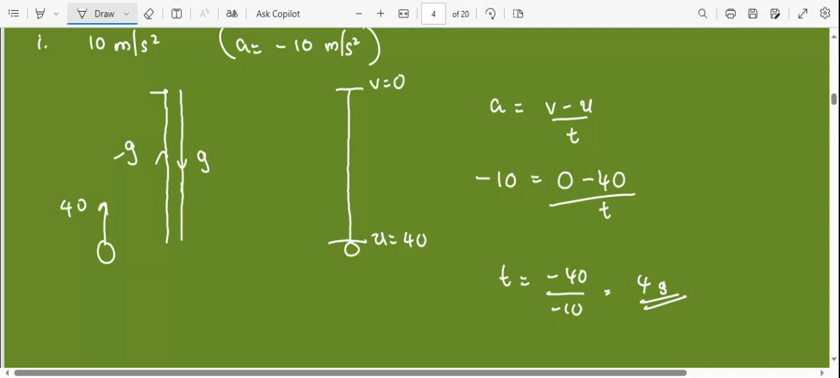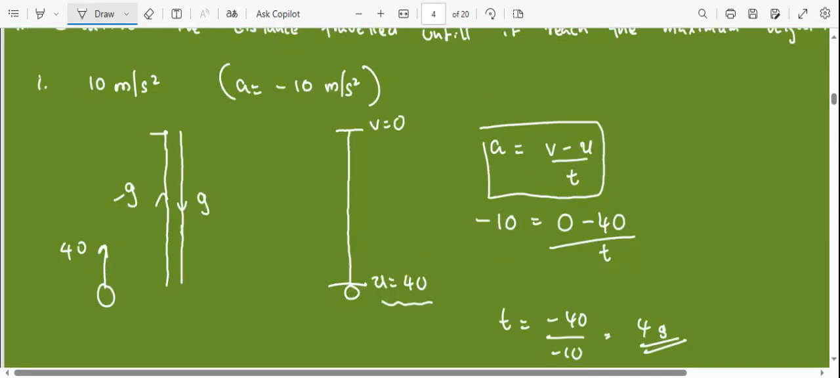Is it understood? Right, so then the second part,